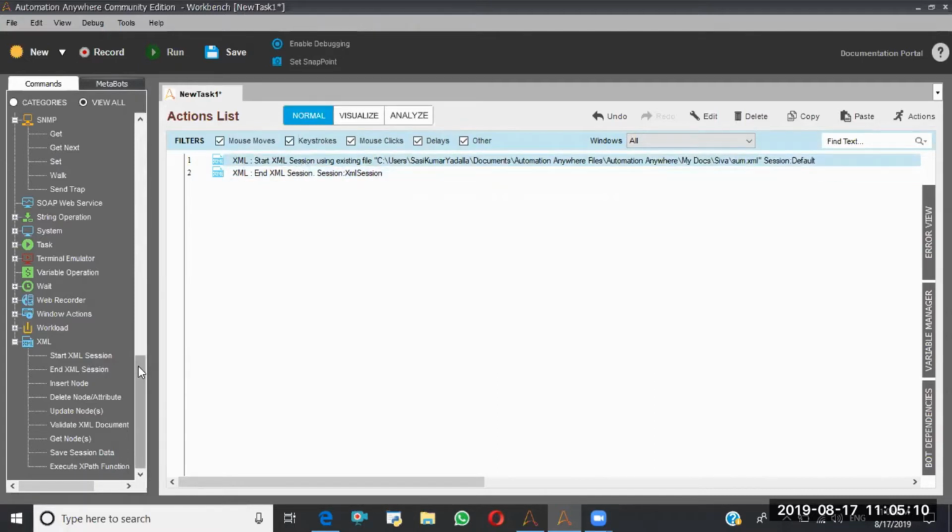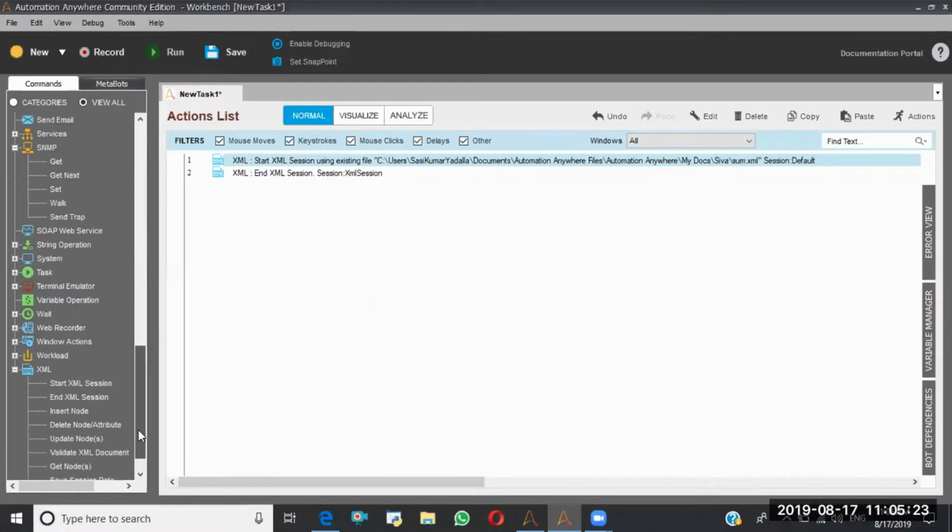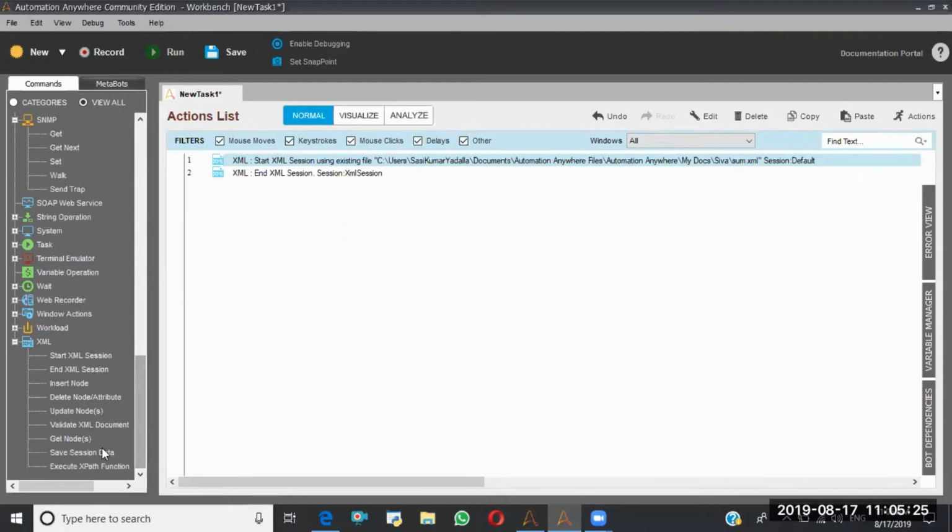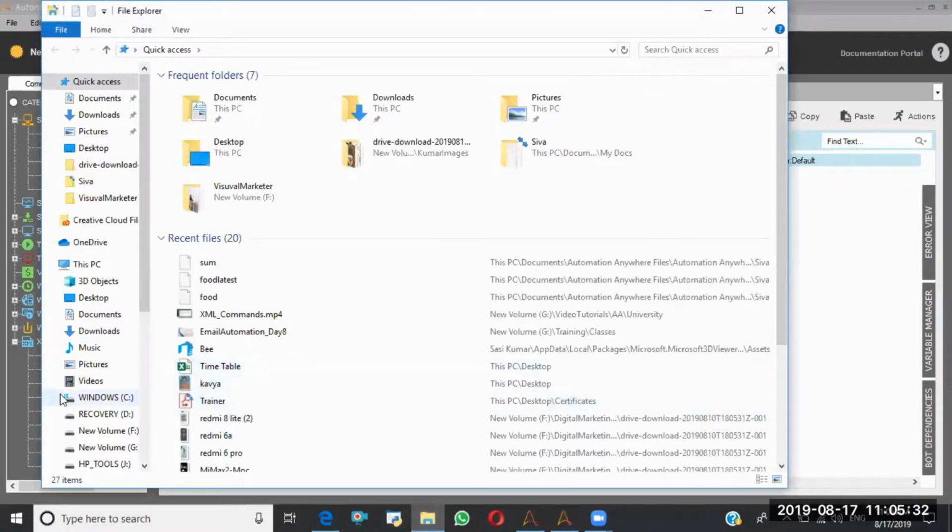Now I'm going to explain the Execute XPath function. Okay, before that, let me explain Get Node. First, let me open this XML file. I'm going to the file path.